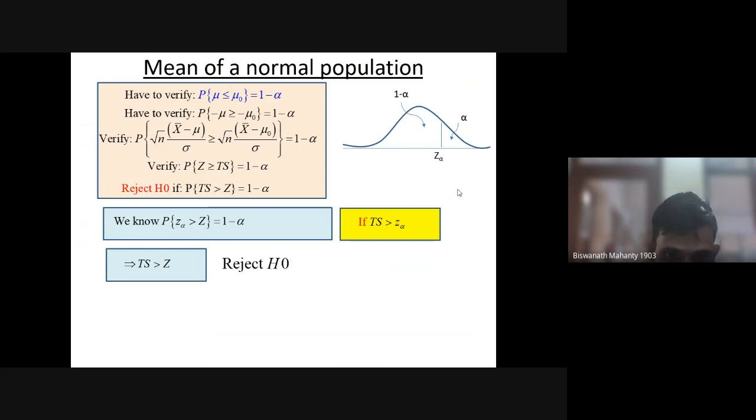I mean to say Z alpha, not simply Z. So if TS is greater than Z alpha, reject H0. I need to calculate the same statistics every time. I will reject the hypothesis that mu is less than mu0 when my T statistics value is